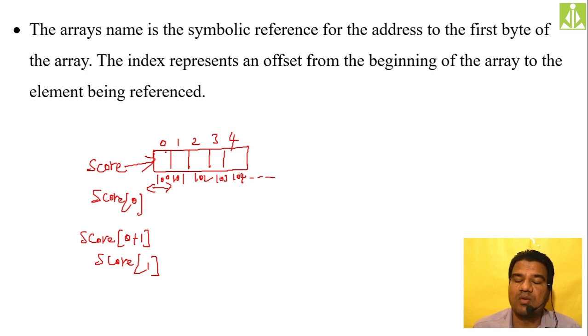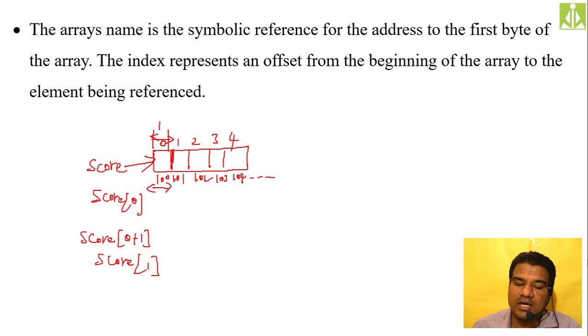So simply remember whatever I am giving over here. The offset point of view is very easy to understand. From here to here, whatever dimension we have, we call it an offset. So to access the 0th element, no need to add this offset. Score is directly pointing to that one. But in order to access the first element, you need to add this offset. So this offset is one element, so if you add it, you reach the second element, because the second element will start from this wall.